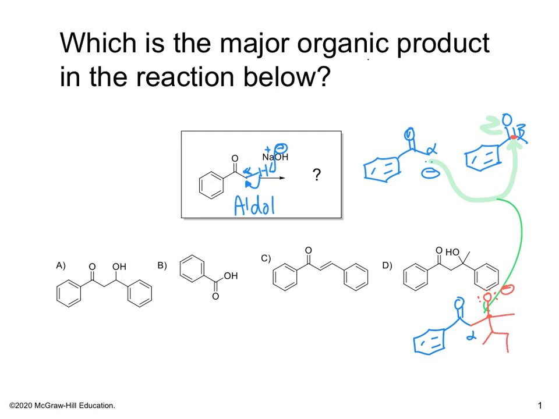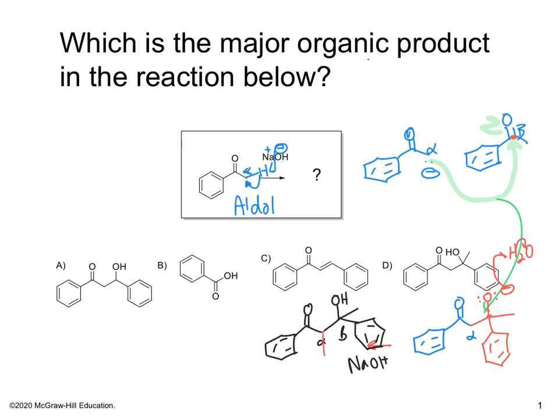undergoes nucleophilic acyl addition, and then it picks up the proton, and so you get the beta hydroxyl. There's alpha, beta hydroxy carbonyl. Now, because you're still in sodium hydroxide, this alpha hydrogen is very acidic, so it's going to undergo the E1CB mechanism, which is,